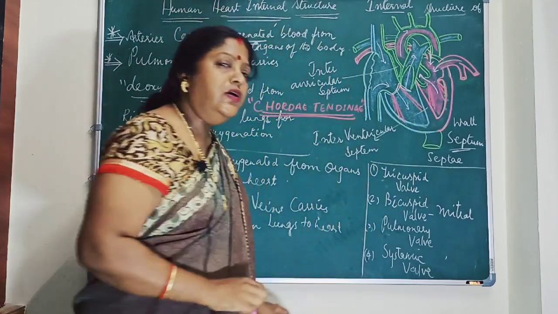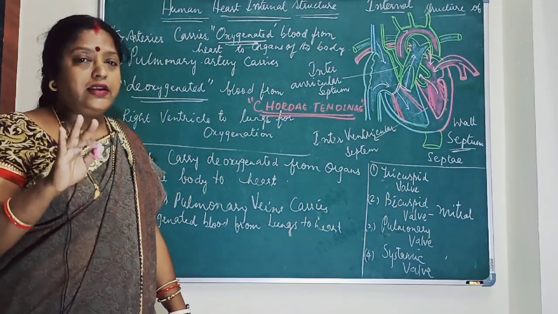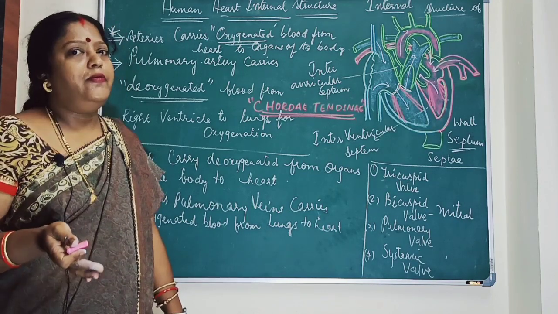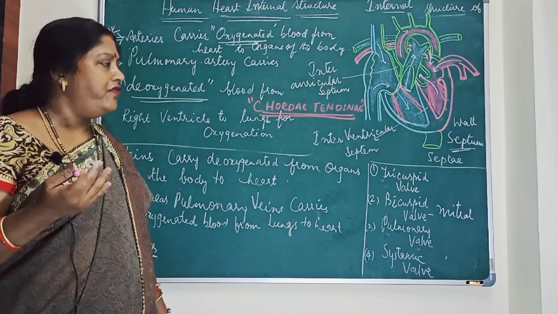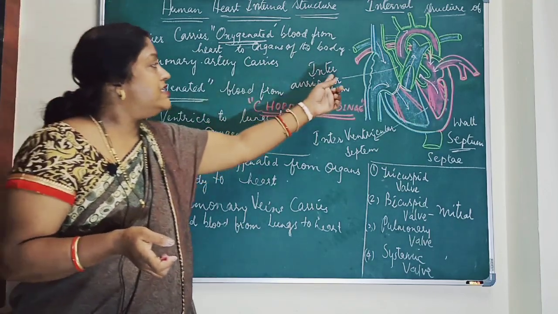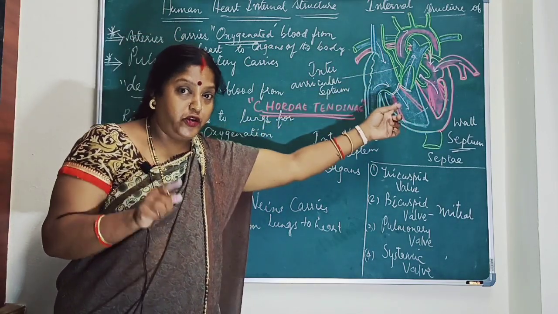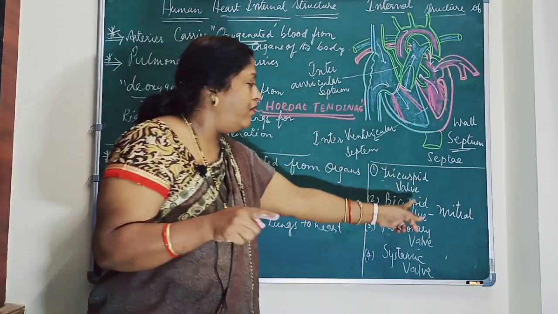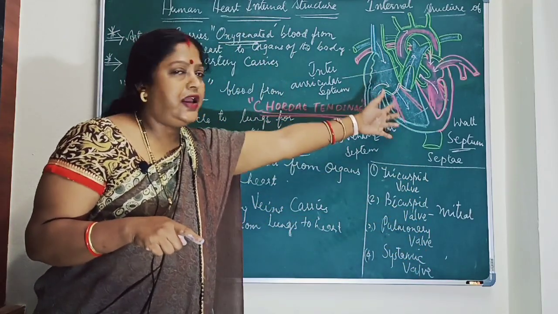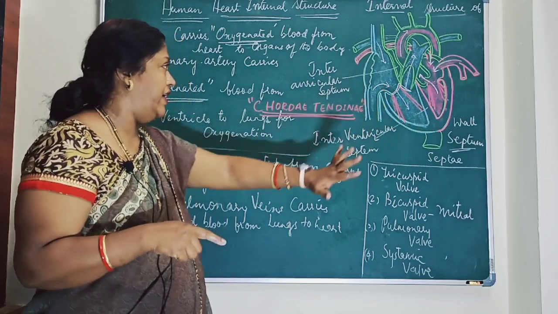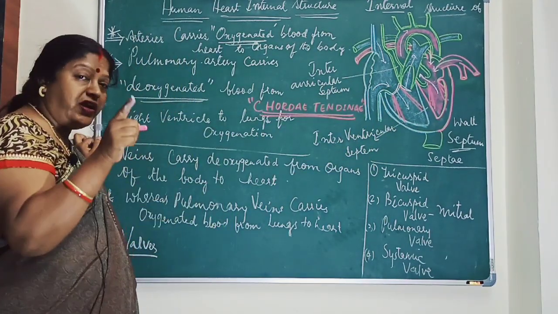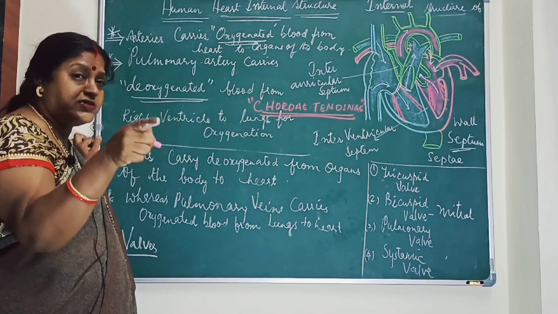Okay, children. So thus we complete the internal structure of the heart. Okay, and in the next class we will be studying the mechanism of the heart. Okay, so today we learned about the septum, walls, and valves. Okay, so there are 4 different types of valves located at different areas and allow the blood to flow in one direction. Okay, next, children, this is very essential, often asked question, difference between arteries and veins.